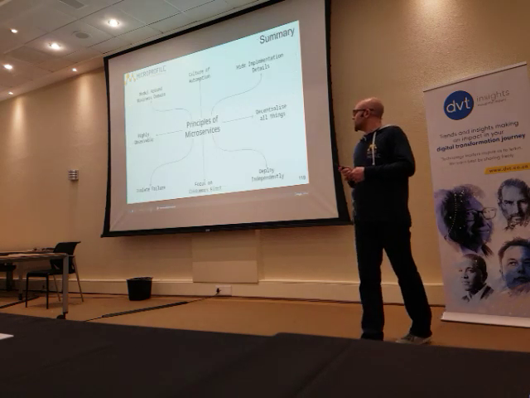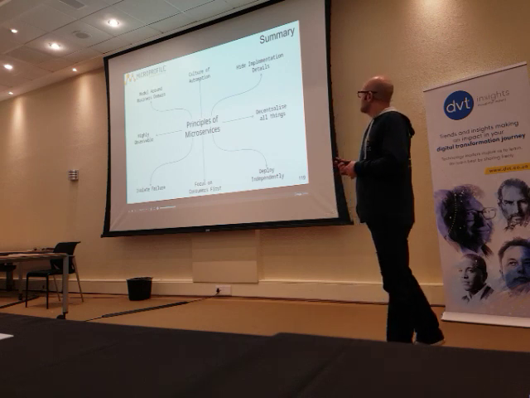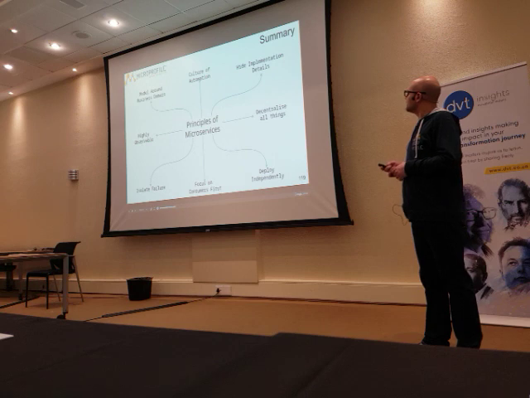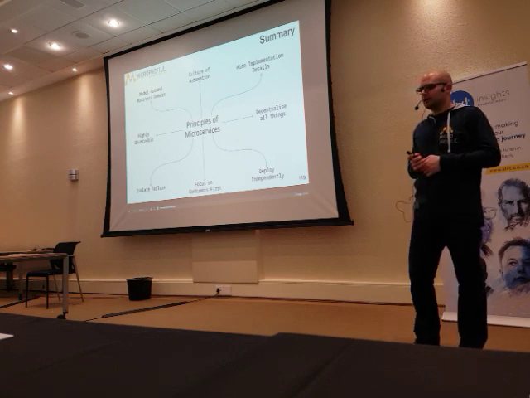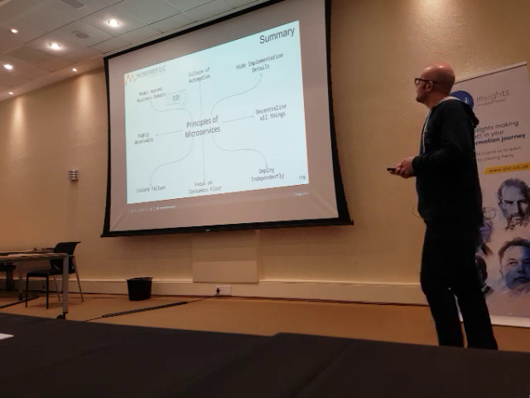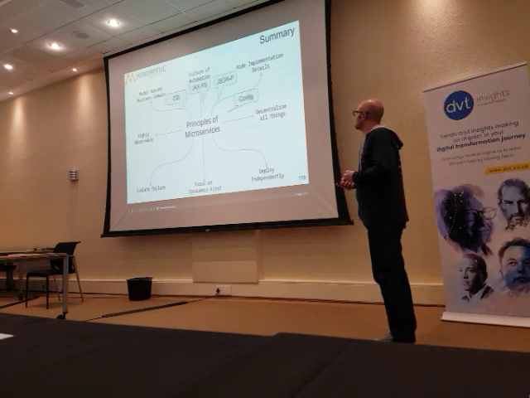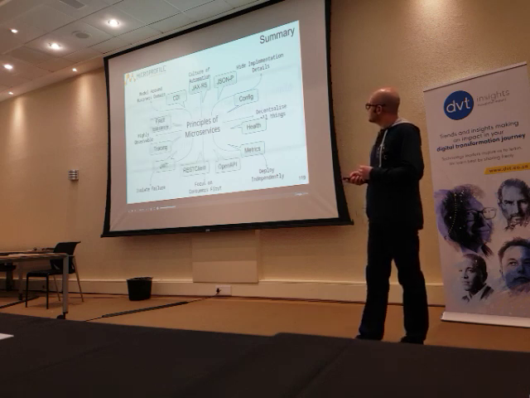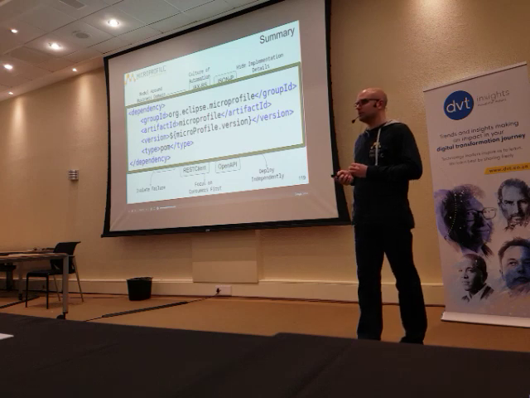So to summarize, we've looked at distributed computing, and we've realized we're all doing distributed computing, and we need to get better at it. And to get better at it, we're looking at the principles of microservices and how we can build better distributed services using these APIs. And we've done all of this by adding just this to our dependency graph.